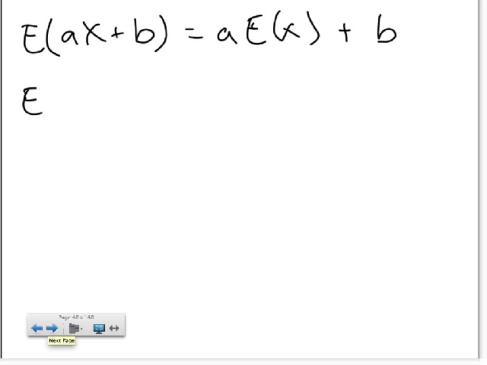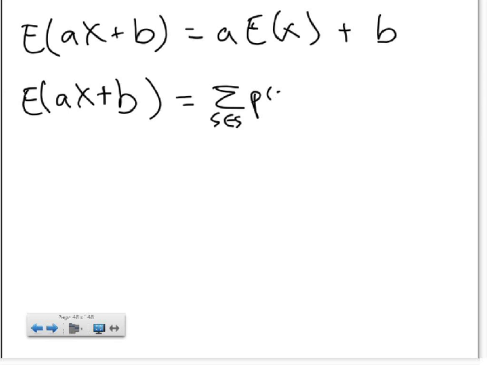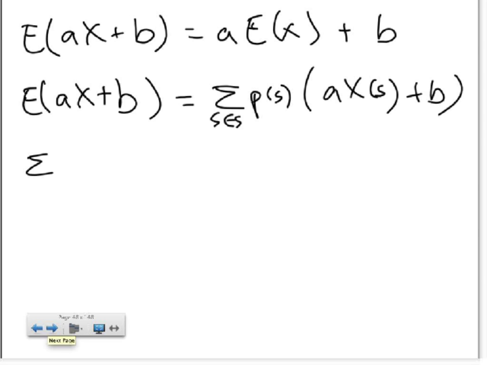So if I write out this equation in sum form, and presume a and b are constants and x is a random variable, I will get the sum of probability times ax plus b. If I multiply it out like last time, I will get the sum